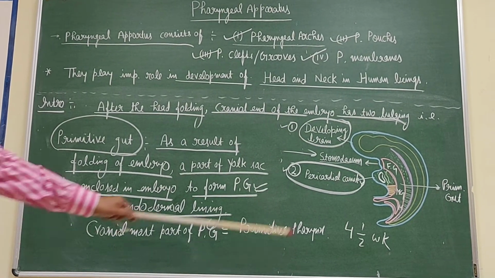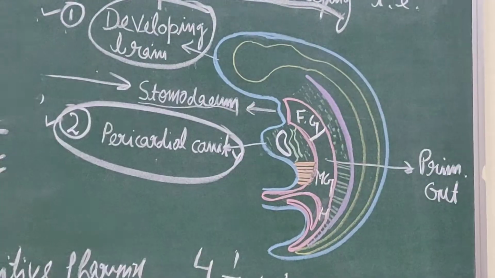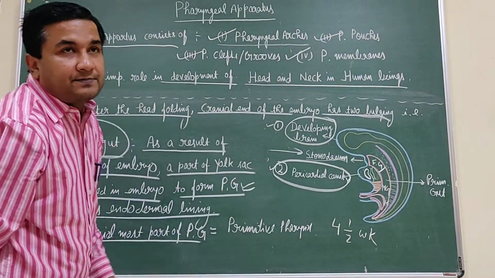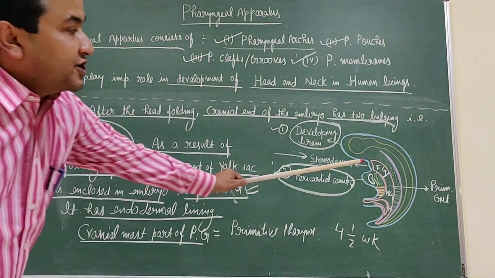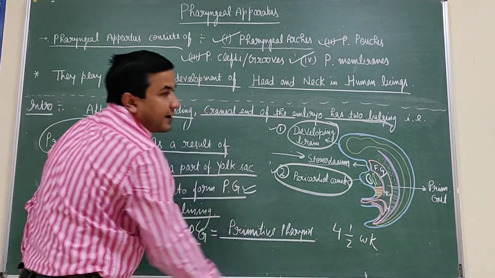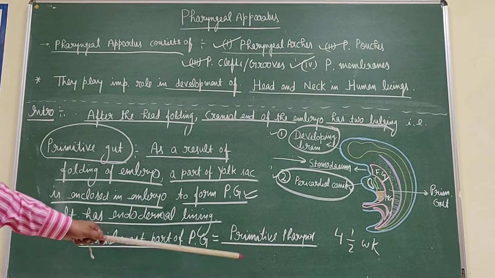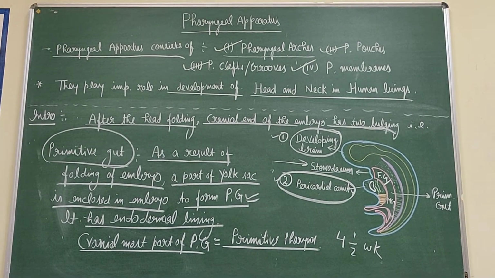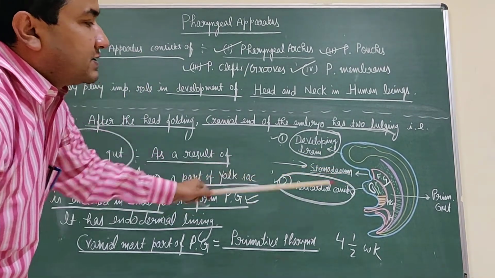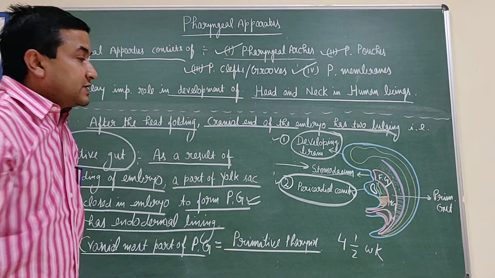And now this cranial part of the primitive gut, or we can say the cranial part of the foregut, is wide and funnel shaped, and it is known as the primitive pharynx. So we have two structures, that is the primitive pharynx and these two bulgings separated by the stomodeum. Now initially, if we see this foregut